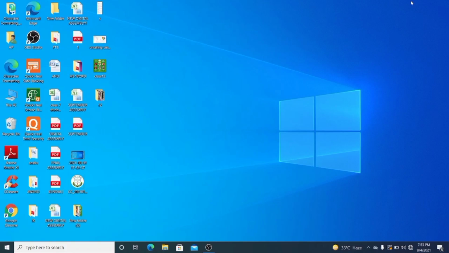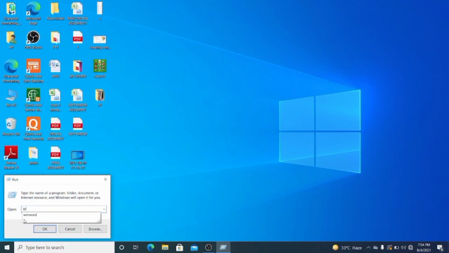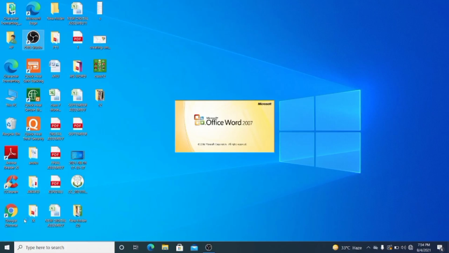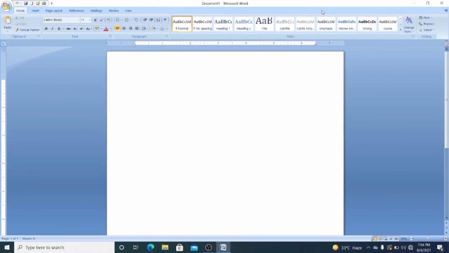So students, now I'll tell you by using the practical how we can insert SmartArt, clip art, and WordArt in our MS Word document. We already know that to open MS Word in our system, in the Run option, we simply type winword. Once we type winword, we click on the OK option. Once you click OK, the entire MS Word screen will appear on your screen.